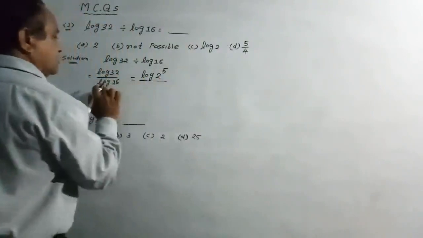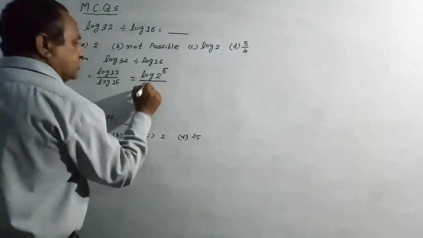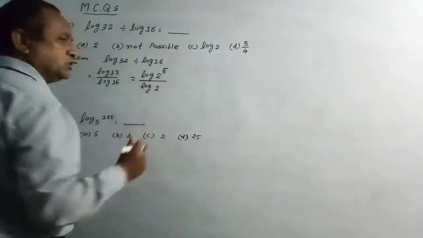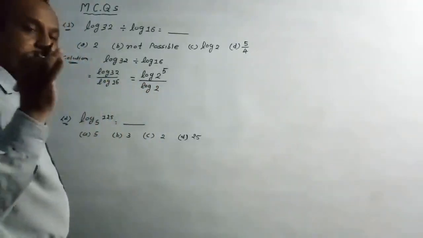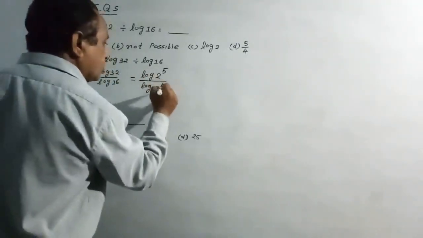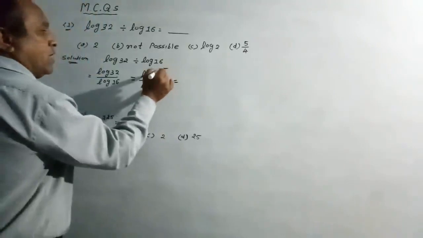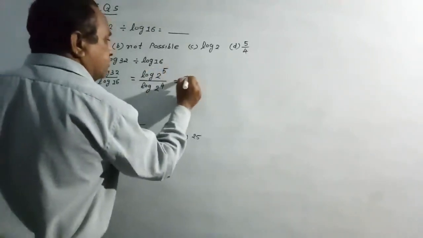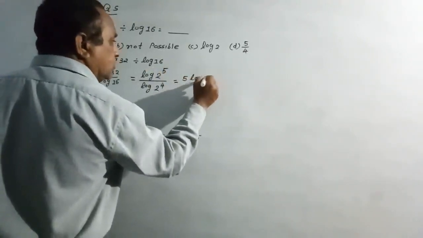Similarly, the factors of 16: 2, 4, 8, 16, so 16 is 2 raised to 4. So now the power is going to multiply: 5 log 2